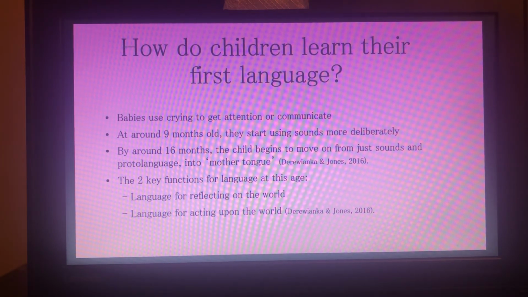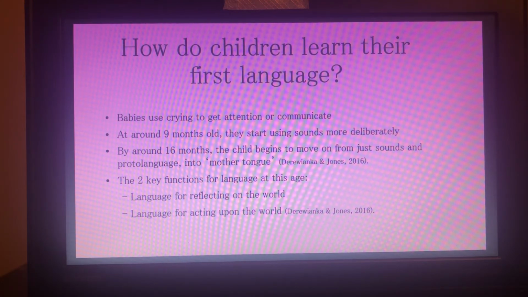This is the language used in the environment that the child is brought up within. They learn to use language for 2 key functions: language for reflecting on the world and language for acting upon the world. From there, they develop their language and vocabulary as they are consumed and exposed in a language-rich environment such as